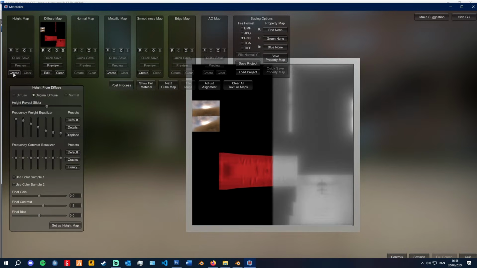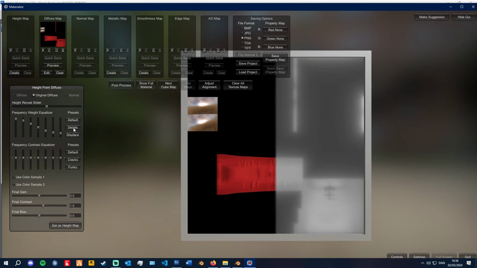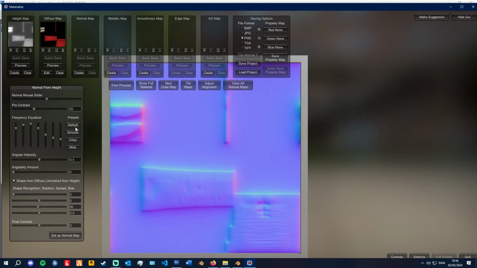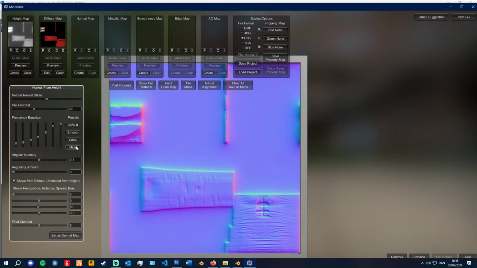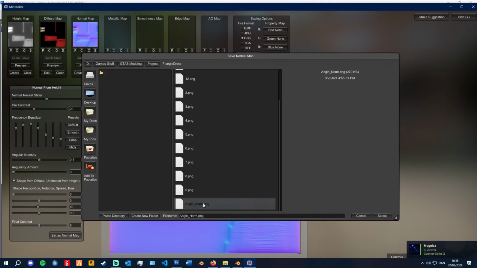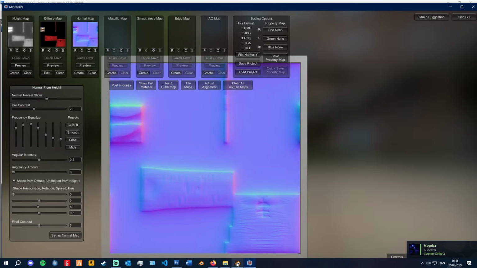Press height map. We gotta create a height map first. I like to put this on details, set as height map, and we can create a normal map. There we have our normal map, and then I like to play around with these settings until I find one that looks nice. I like the default one for this. Set normal map, press save, save as ng norm, select,